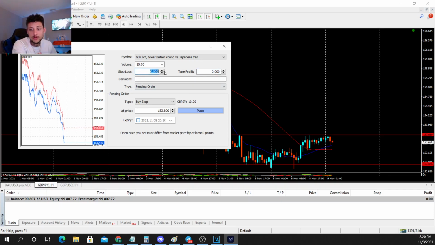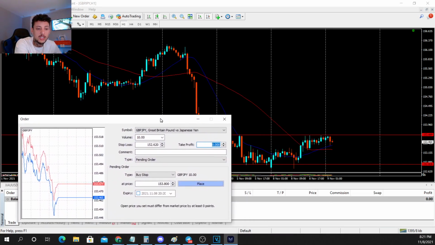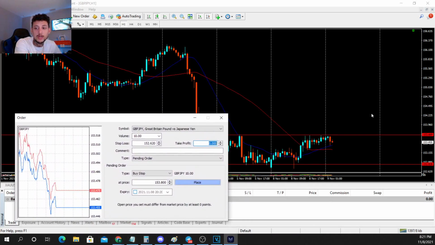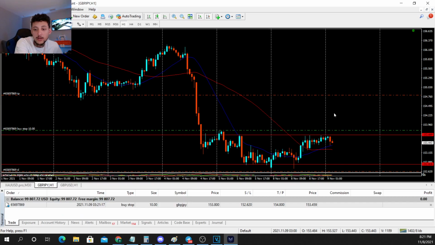But let's just say you want your stop loss to be under support, which is 152.620. And this may not be making the most sense to you right now in terms of support and resistance, but you can always come back later on and check on it. And let's just say you want your take profit to be this level right here, the next level of resistance, which is going to be, let's say 154,800. All you're simply going to do is press place, and then it'll place your order for